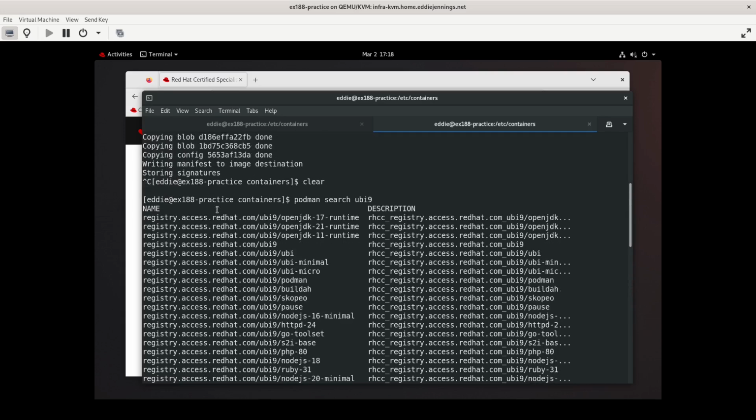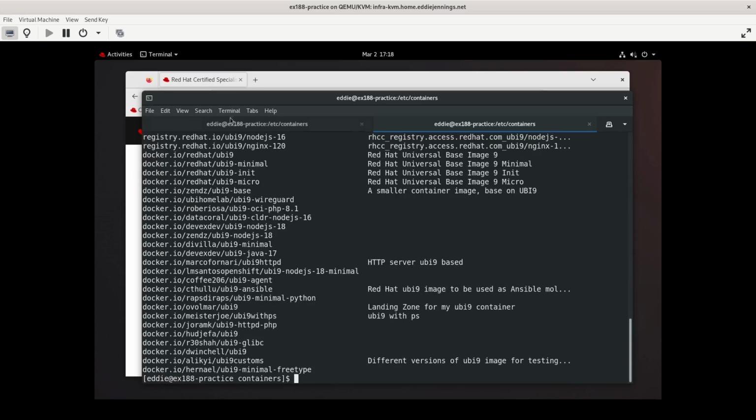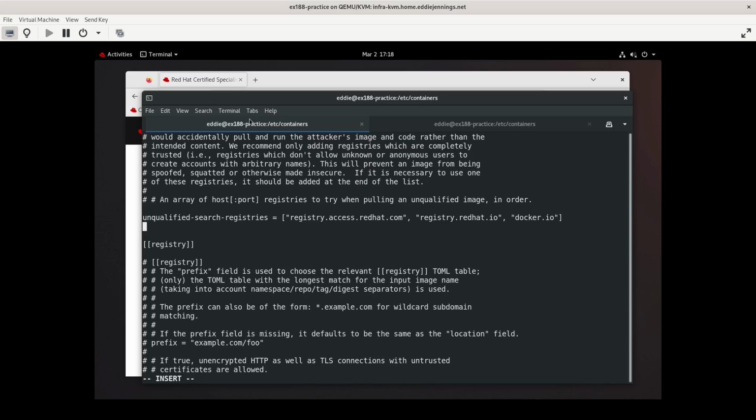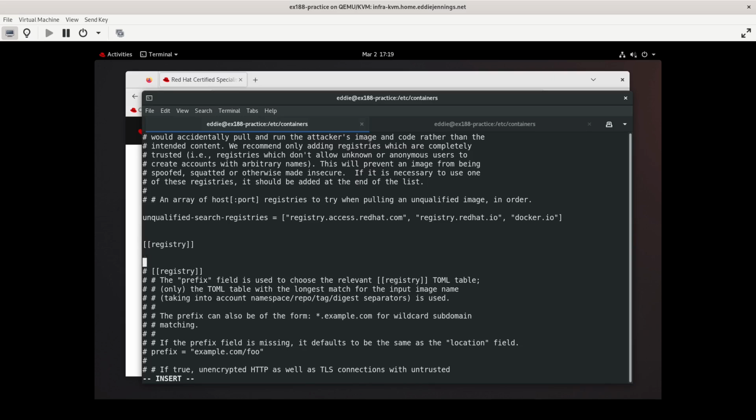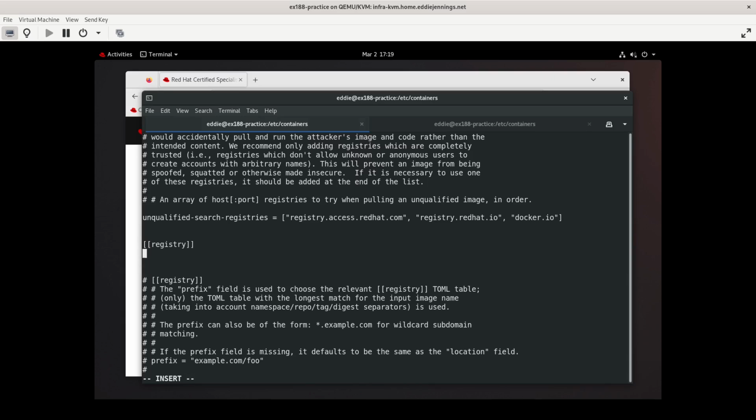And then from registry.access.com. So let's say I wanted to configure this in a way that says, if you are going to use a ubi9 image, we are going to disallow getting that from docker.io. This is where we can configure a little namespace here in our registries.conf file. I might not be using the exact correct term for that. So the prefix,